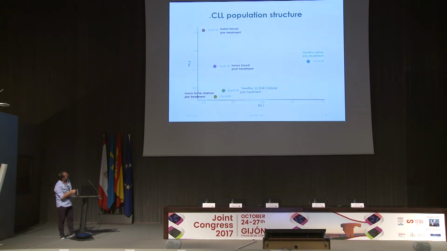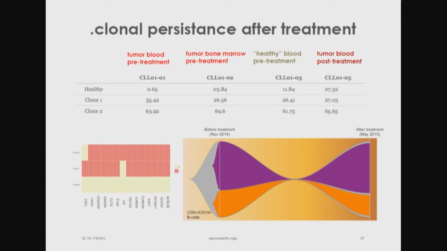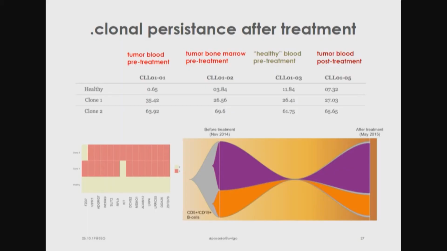We can see that the bone marrow sample is close to the oldest cell compartment, and you have pre-treatment and post-treatment. Somehow, it's a little bit weird that the post-treatment is closer to the bone marrow and then the healthy out there. But in this plot, we have a cell count. We can count the B cells, so we know whether the clonal expansion of these malignant B cells is strong or not. Basically, this is a plot through time of the clones we detect. We only detect 2 clones.